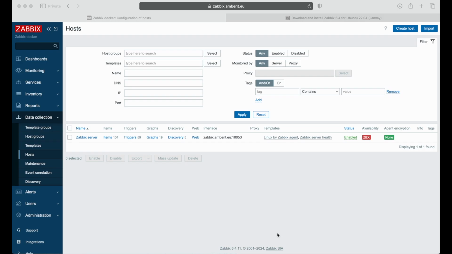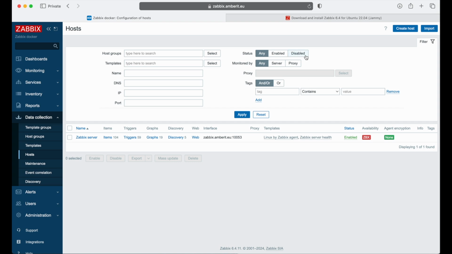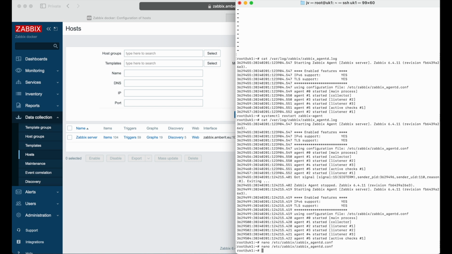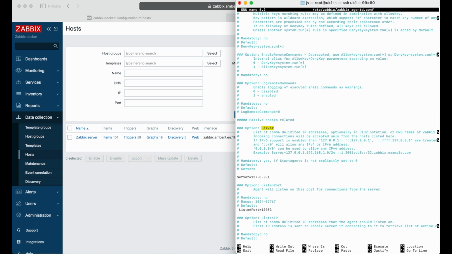So after waiting, we see that the agent has an issue connecting to the Zabbix server. Connection is refused, and since I haven't installed the agent in a long time, I had forgotten that we need to whitelist the IP address of our server, so we need to go again into the configuration file. Let's search for Server, and here we see the default server is 127.0.0.1. Replace it with your Docker container IP address,